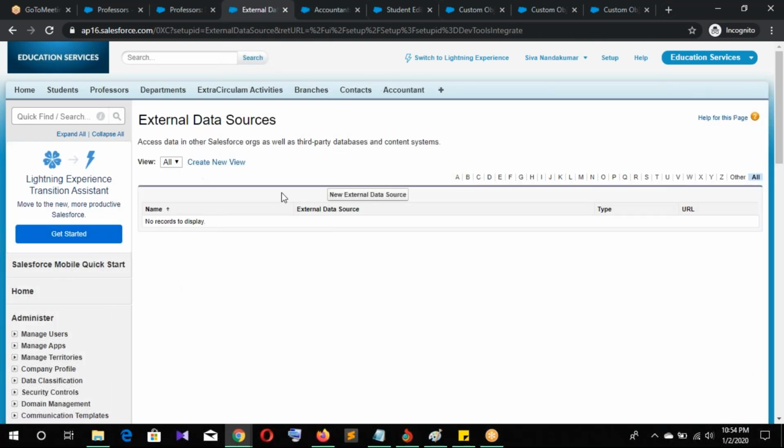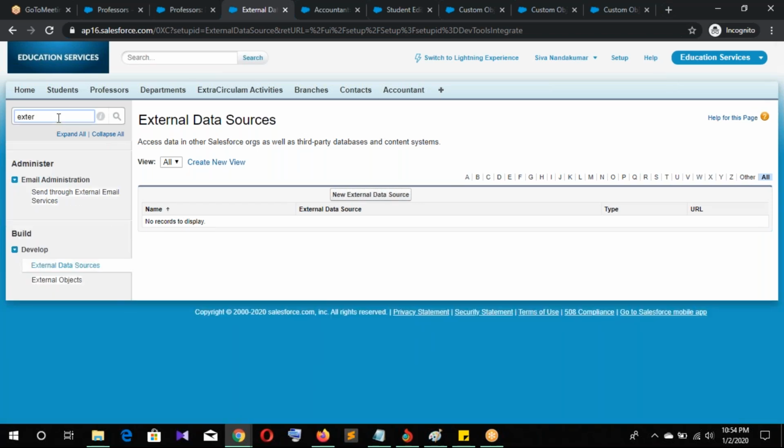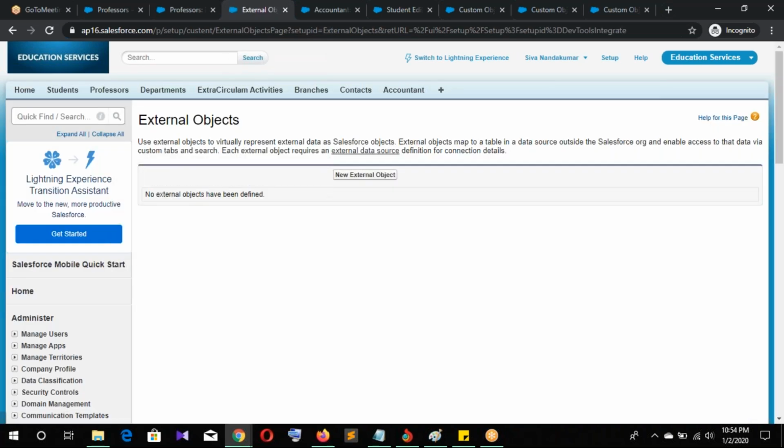They have no external data source. Any external objects? Let's check. They have no external objects. So we don't have any external database, external data source or external objects. So how to work on it?